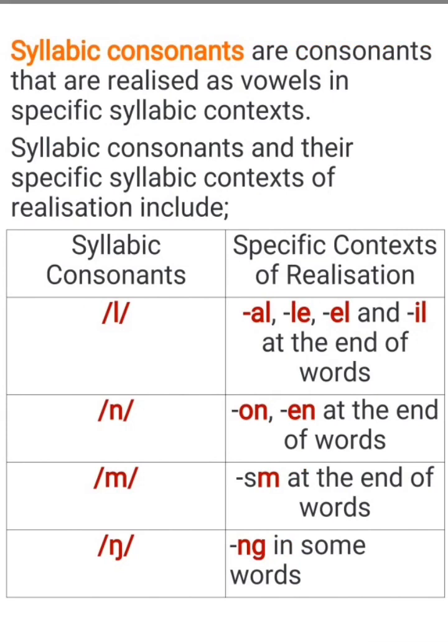And so AL at the end of words, LE at the end of words, EL at the end of words, and IL at the end of words are pronounced as "ol", represented by the L consonant but functioning as a vowel in that context. We want to take some examples. Talking of AL, the word "political", like we pronounce it in the street. When you check the dictionary, the AL will be carrying the syllabic consonant L and is pronounced as "ol" in that context. Then LE, a word like "apostle",